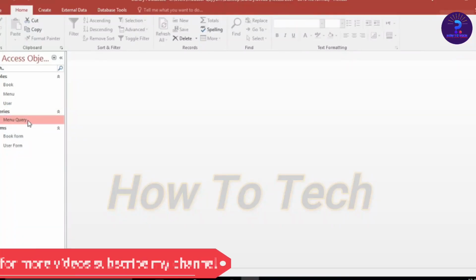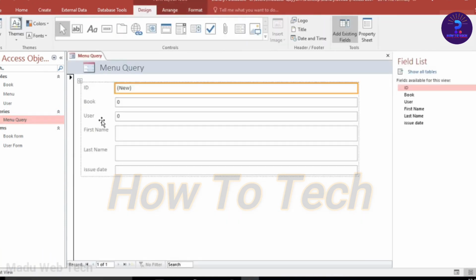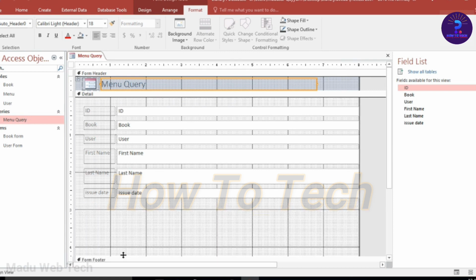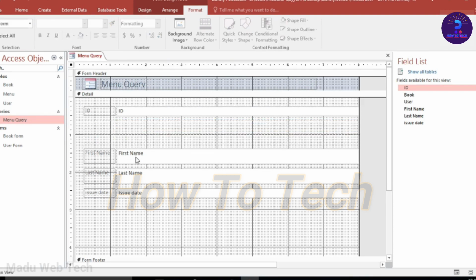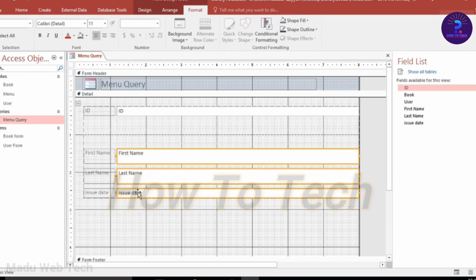Select menu query and click on create again, and again select form. This is a very important form because this form has our menu. So first of all, select book and user and delete this, and select this first name, last name and issue date, but don't delete this, just cut it, Control plus